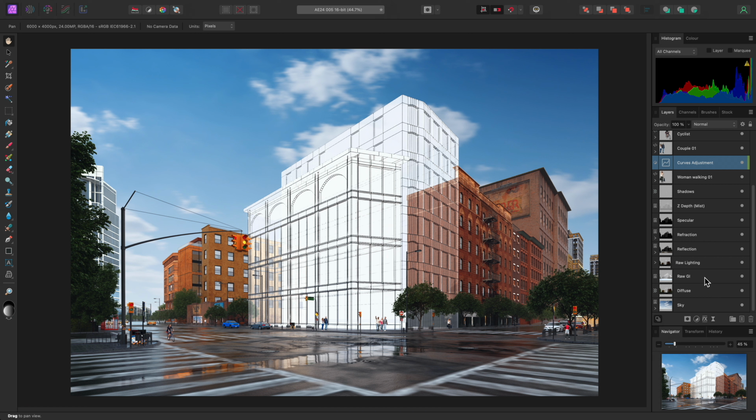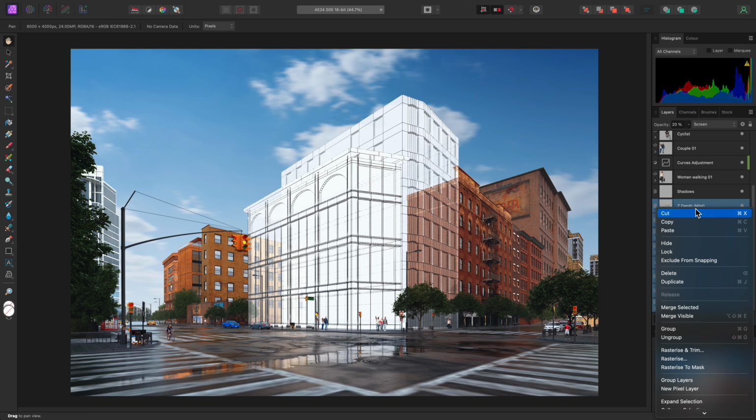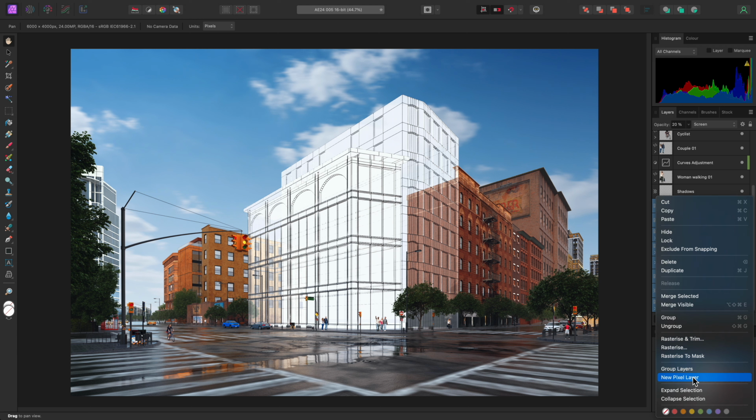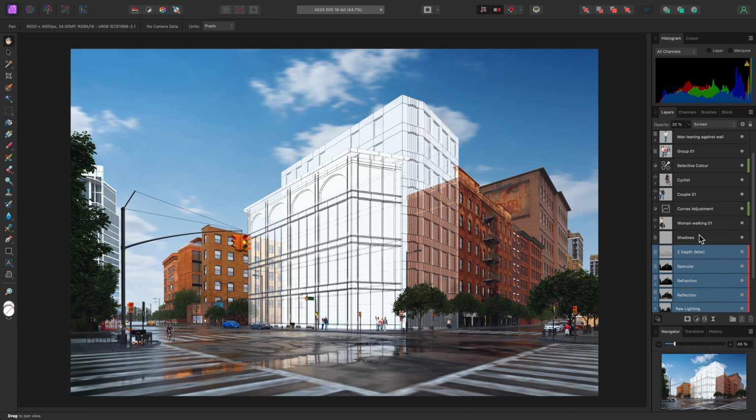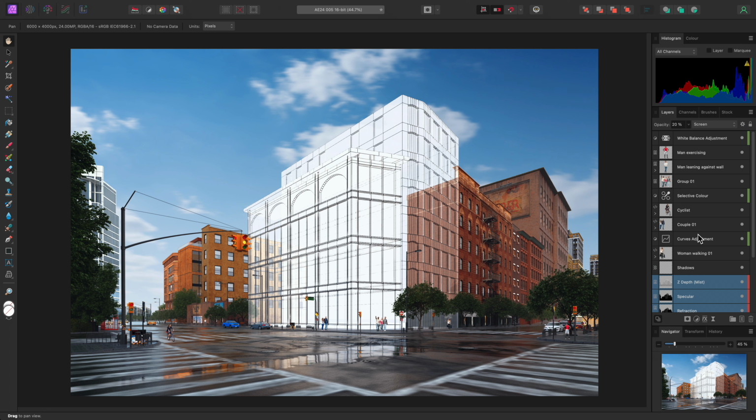I've got all of these render pass layers that are blended together to create the base render. I can select one of them, then shift-click to select them all, and right-click, scroll down, and tag them with red. I also have some cutout layers up here that are used to populate the scene and make it look